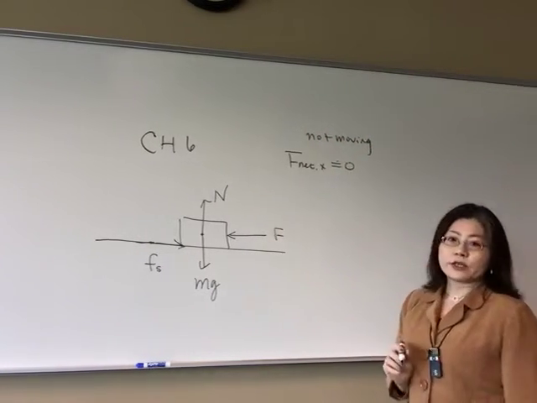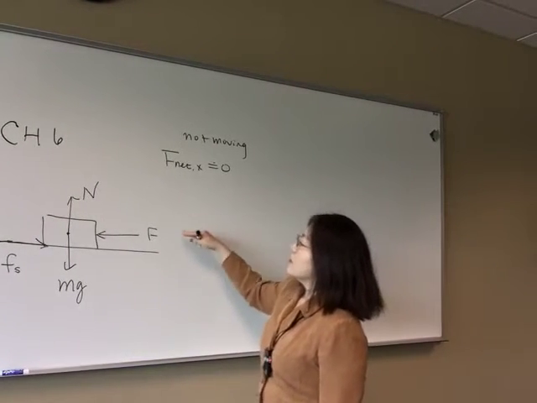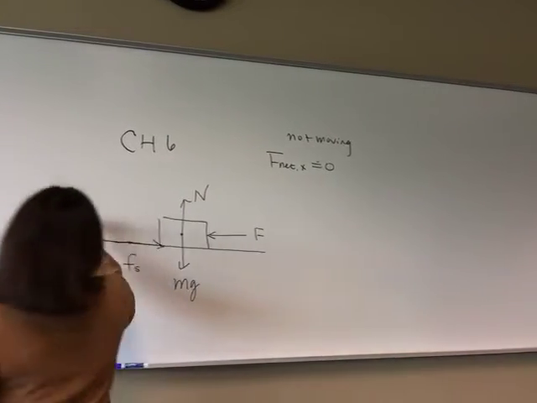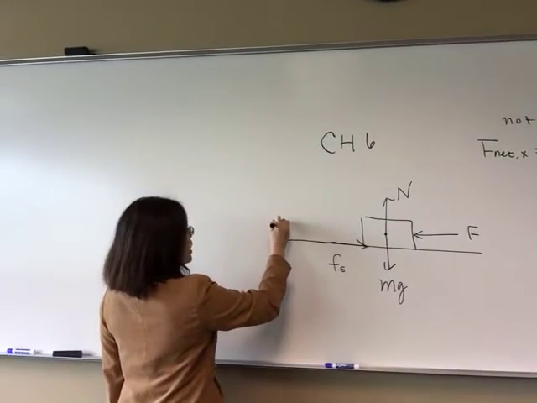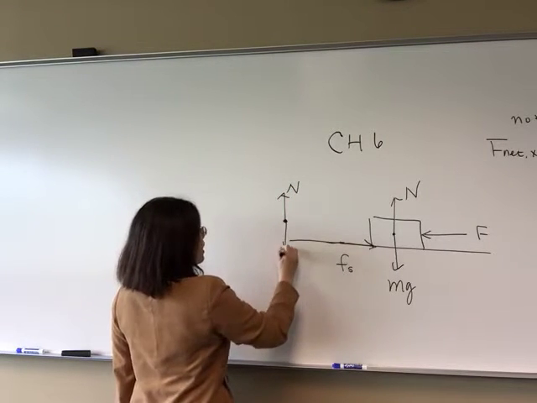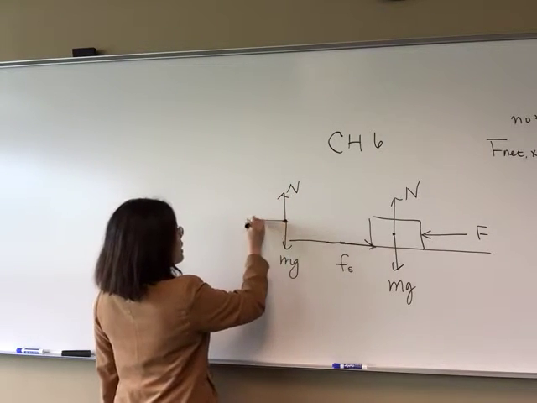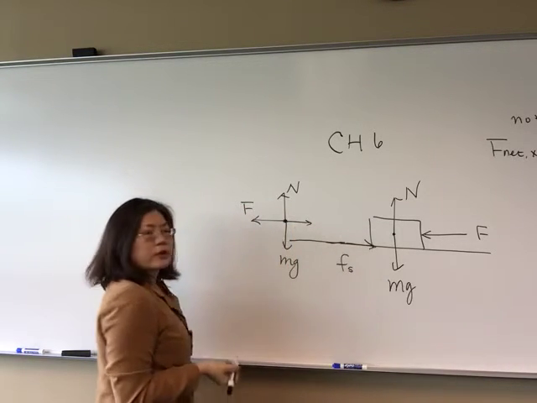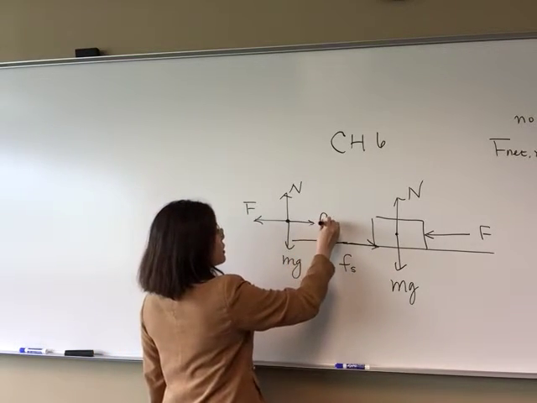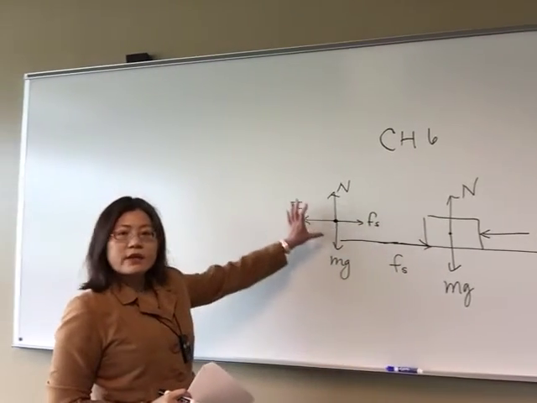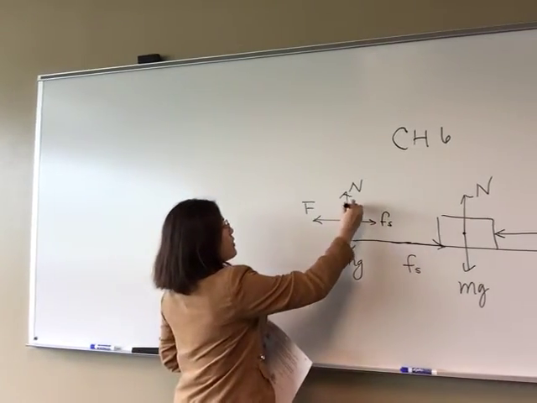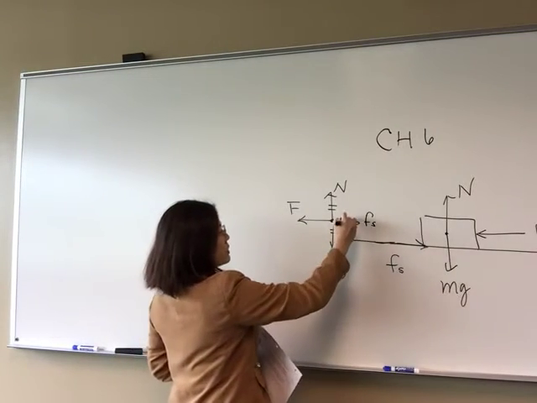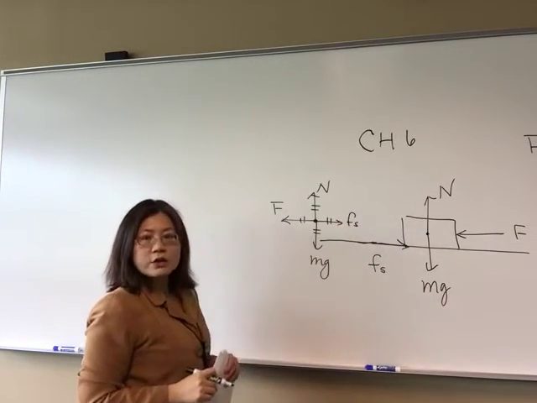the whole thing has to be equal to 0, right? So if you look at this diagram, when you draw a free body diagram, let me redraw the free body diagram right here. This is the object. You have a normal force upward, you have the gravitational force, you have the leftward applied force F, and then you have the force opposing the motion, which is the frictional force, that's your Fs. Just based on this diagram, if it's not moving in the vertical, these two forces have to balance each other. And in the horizontal direction, these two forces have to balance each other as well,